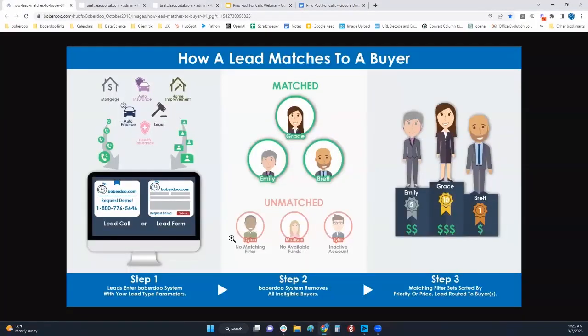Okay, so now we're going to move on to selling to partners dynamically. Brett did give us a little teaser on that. Just to go back to the trusty infographic, what we are talking about in this step is step 2. After your call, whether it's a ping, a full post, or a raw call coming in, your system will exclude any of your partners that cannot take that call at that point in time, and then build typically a best price